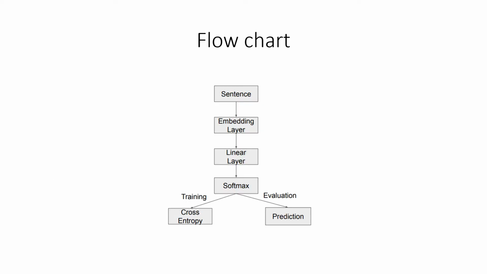So now we can see the flowchart. Here we can see a sentence is given in the embedding layer, where the operating systems is embedded, and after that it comes to the linear layer, which is another process where the linear expressions are developed. Then we come to the softmax layer, which gives us the training and evaluation data sets. The training data set has cross entropy, and the evaluation has a prediction. So this is the flowchart where we can see PyTorch is used,